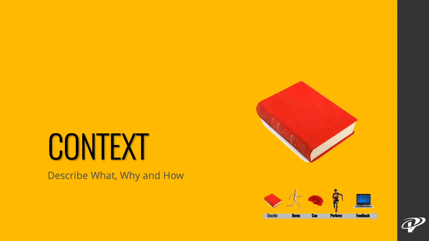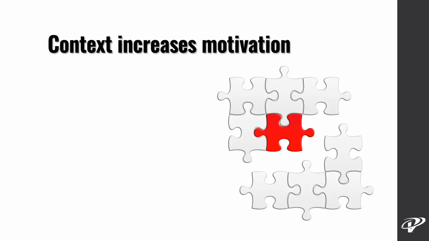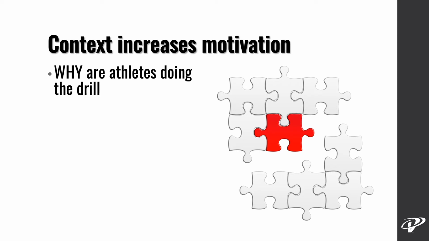So let's start with context. This is describing what we're doing, why we're doing it, how we're doing it. We're giving context to an exercise or a drill for our athletes. We want to do this because context increases motivation. When our athletes know why they're doing something, and if they understand how it's going to help them, they know